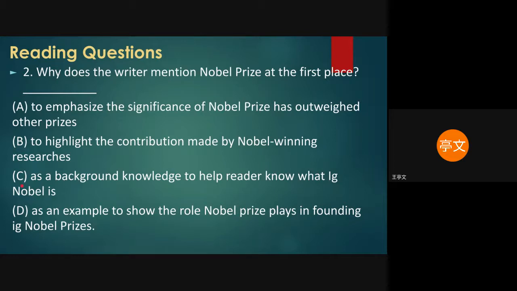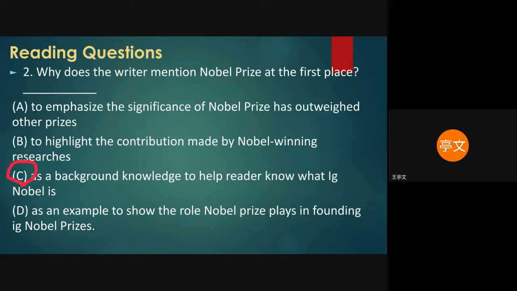Okay, so I think the answer is pretty obvious. It's C, right? As a background knowledge to help people understand what Ig Nobel is, because most people know about Nobel Prizes, but not so many people know what Ig Nobel is. So by introducing it in the first place, it really helps the reader to grasp the concept of Ig Nobel Prize. 所以大部分的人都知道诺贝尔奖，而很少人会知道搞笑诺贝尔奖。但是这样的话，这样的切入点就会让人们很容易了解的，你要讲的内容。